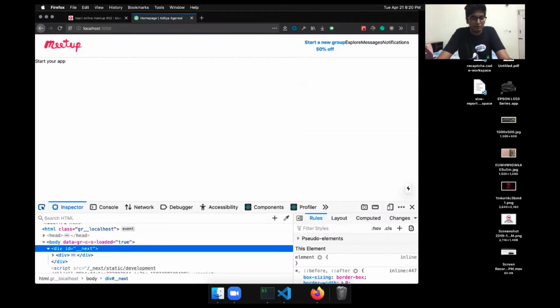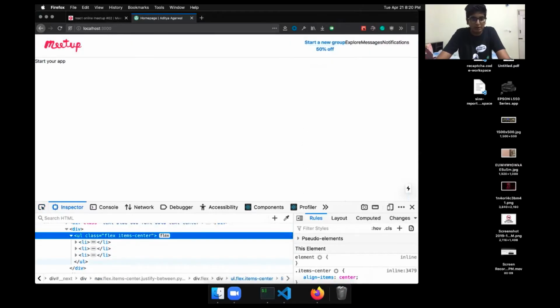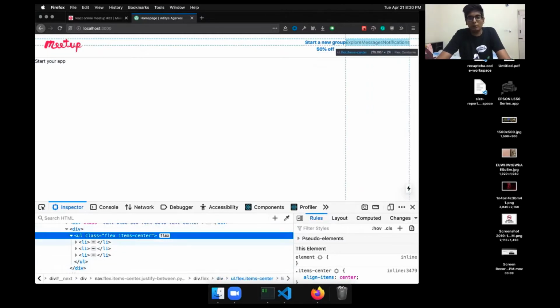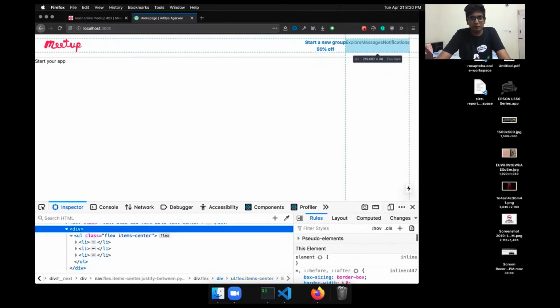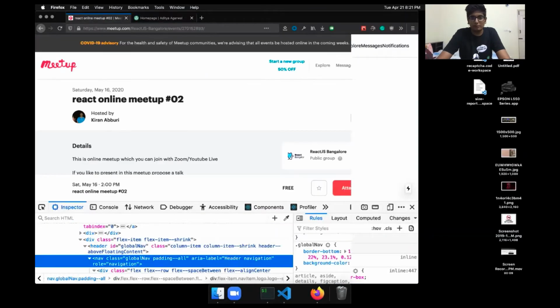So that doesn't do anything. Let's see why. So we have our UL. Okay, since the UL is the same height as the content, there is no point in aligning. What we want is this div, which has the height, and the UL should be aligned to that. So we don't need this. On the div here, we can say flex and items center. And now this is looking just like this.